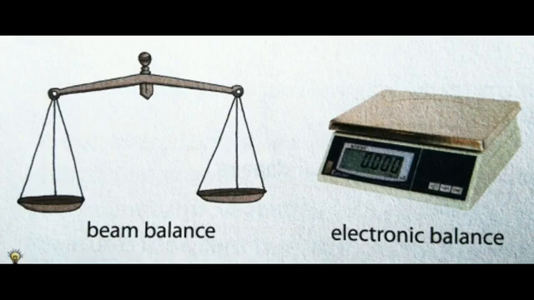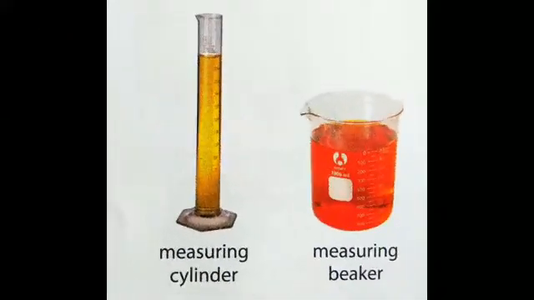In the beam balance, we put the weights on one side and put the things which are to be weighed on the other. You can see the picture of a beam balance, and there are two trays on either side where we put the weight and the object to be weighed. Now, the electronic balance is the system which is used in modern days. It gives much more accuracy than the beam balance, and we can see the weight in the reader part of the electronic balance. So, smaller units can be measured with accuracy in an electronic balance.